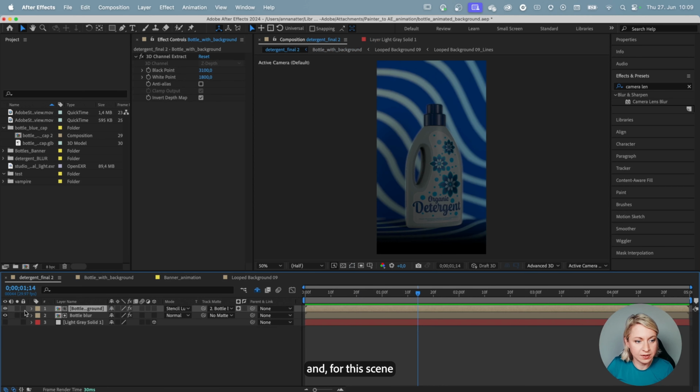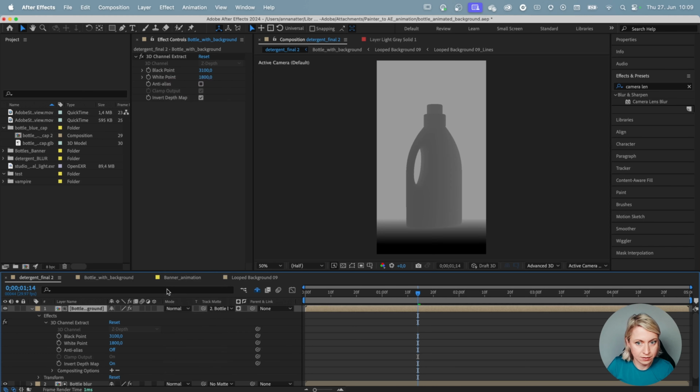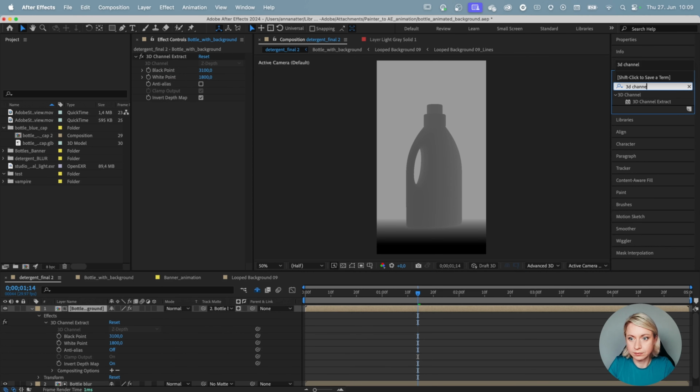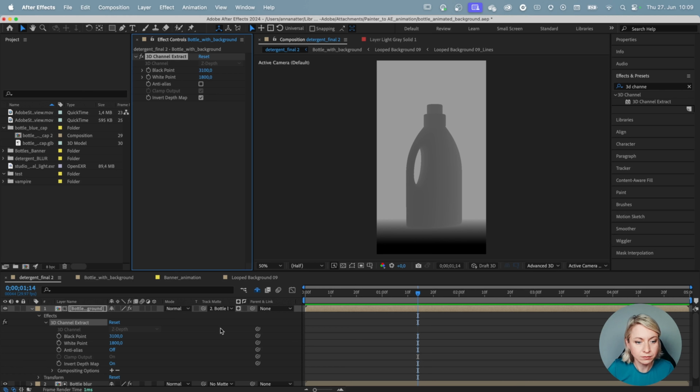And for this scene, you have to add the 3D channel extract, and you can find it here. It's going to create this black and white depth map from your 3D scene, and you can edit the black point and white point, and then that's how you can determine the depth of the scene. You can work with this really well.